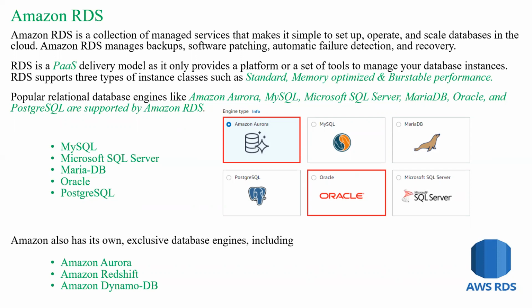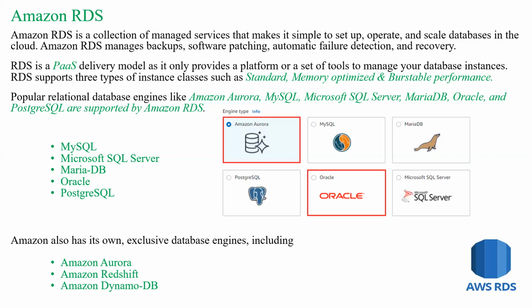RDS is a relational database service that is easy to set up and configure. To connect, we need the endpoint and the port number of that particular database, that is used to communicate with the other devices. Also, the SQL client to access. RDS is a PaaS delivery model, as it only provides a platform or a set of tools to manage the